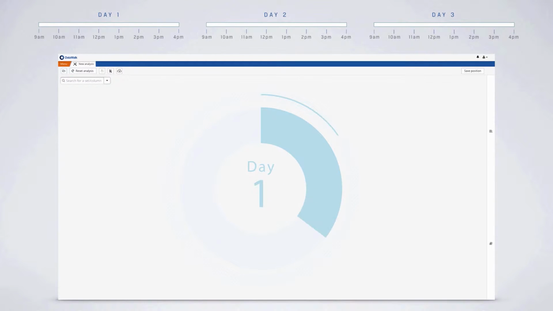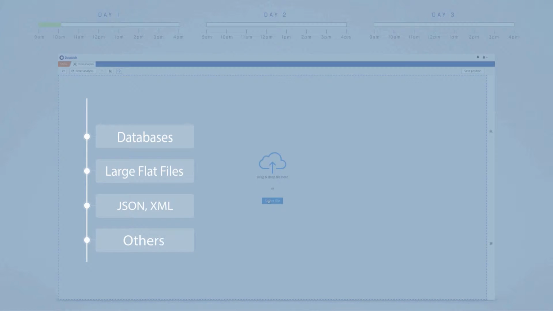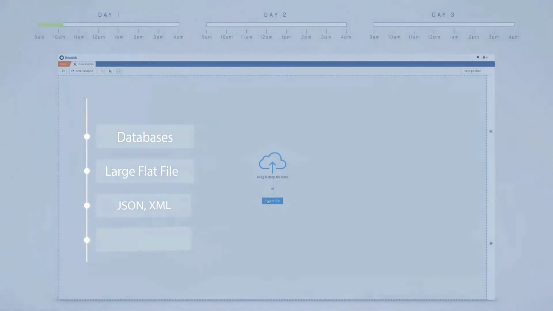On day 1, we first focused on defining the initial questions that users wanted to answer, and then identifying the systems from which data should be pulled in order to create the first iteration of the environment. This allowed us to determine that in order to prototype the first few analyses, we needed to have data for customers, claims, vehicles, and policies. We first loaded information about claims, which came from 2 different systems, so that they could be presented as a single integrated claims dataset. DataWalk can analyze data from various types of sources, including databases, large flat files, JSON, XML,